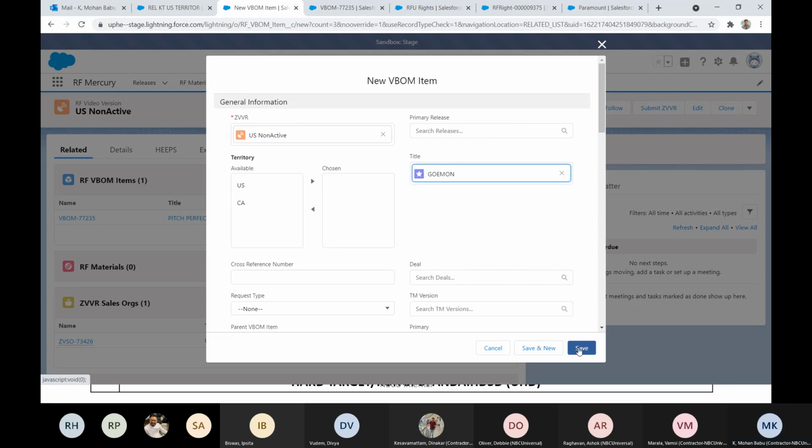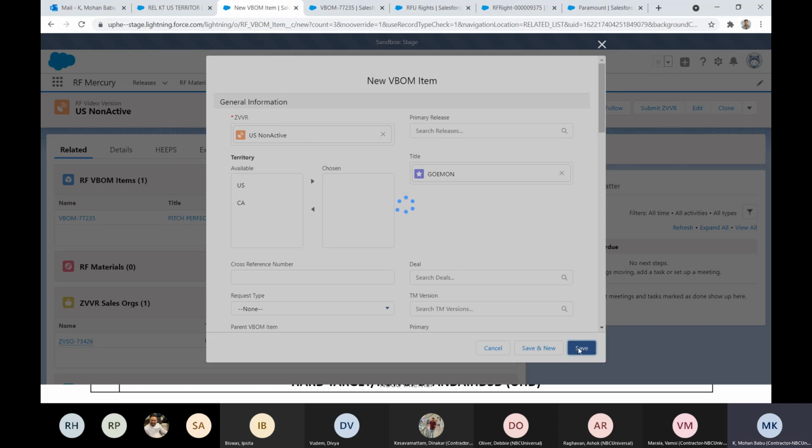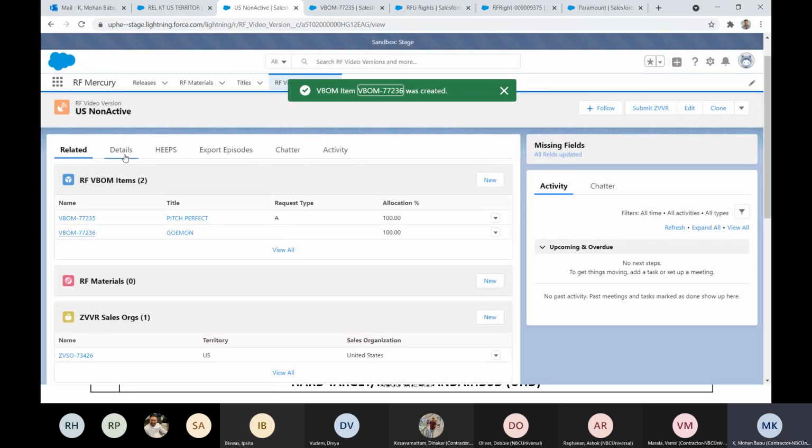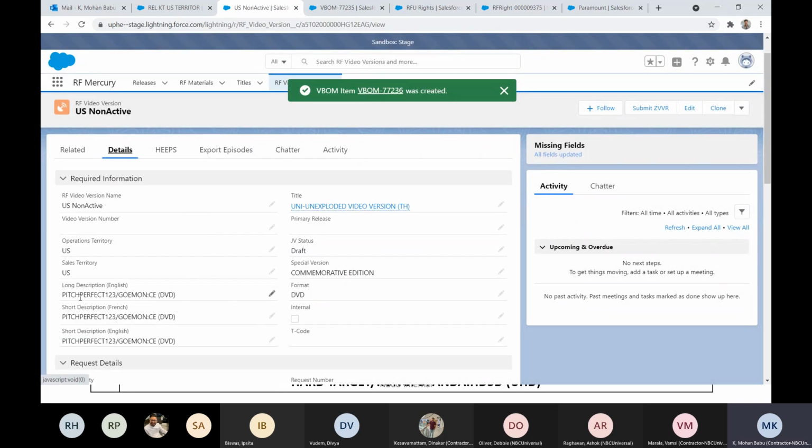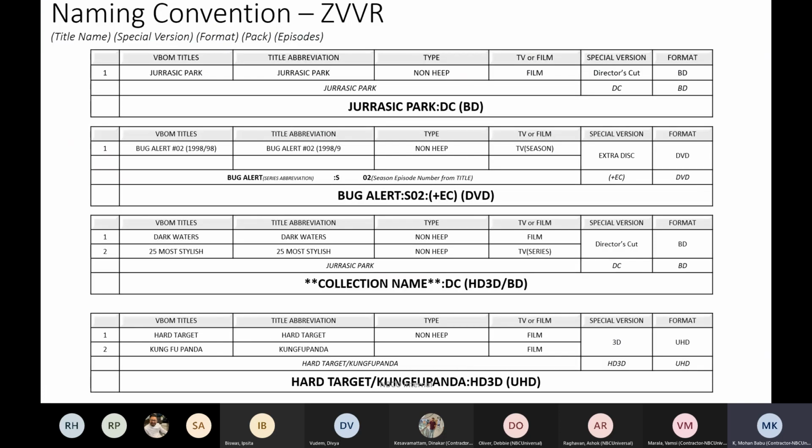Now it got saved. If you see the video version name, I mean the title name, it's getting appended on the field on the video version. How it is being derived, we'll see in the slide.